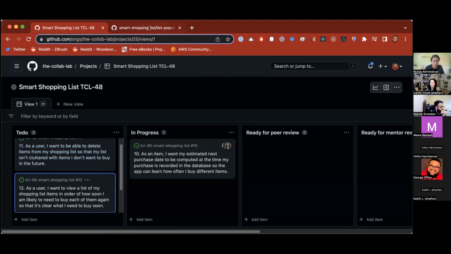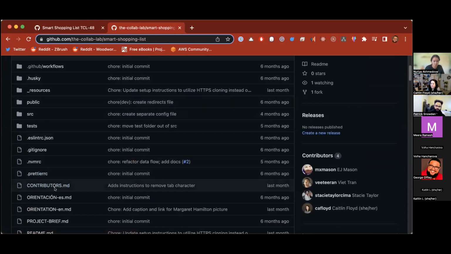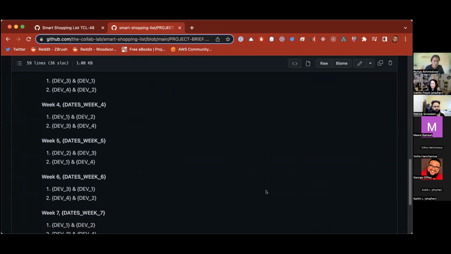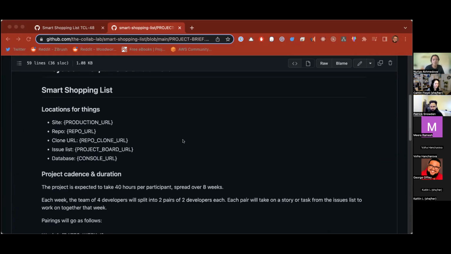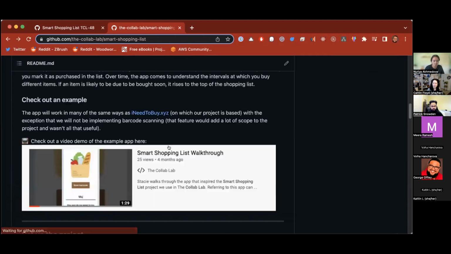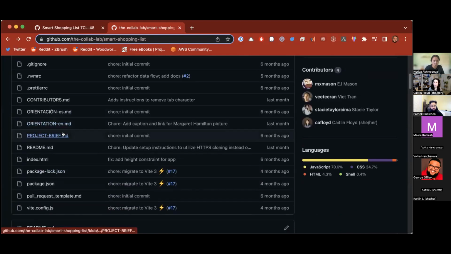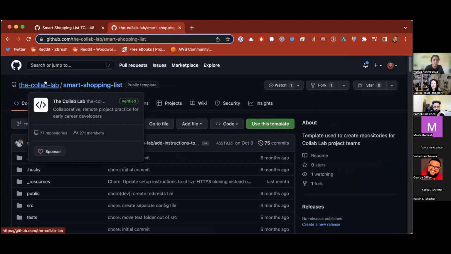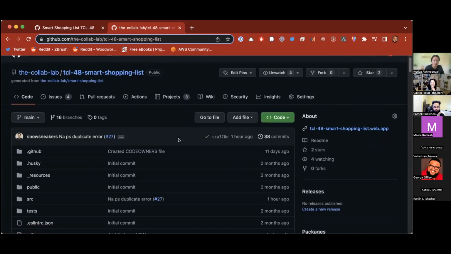So for this week, the pairs this week. What week are we in? Oh, this is the template anyway. This is our week 5 sync, so we're going into week 6, I believe. Oh, this doesn't actually have it. Where are the pairs? I forget where they are. I think you're in the wrong repo. You want to be in the actual group repo. There we go. That'd be smart. No wonder I can't find anything.